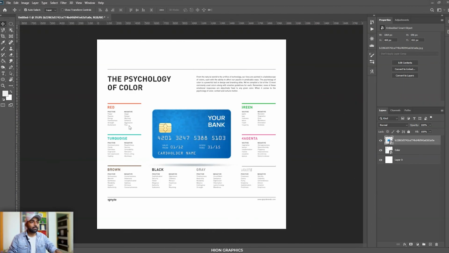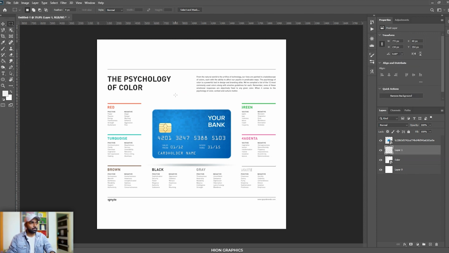So the next thing that we are going to start now is related to tools. Tools you see on the left side panel. We will be going through all the tools right now, and the first tool that we see is the rectangular marquee tool. If you select something on this layer, suppose this is the color layer, on which I want to select the psychology of color that is written, and I want to just place this a bit up.